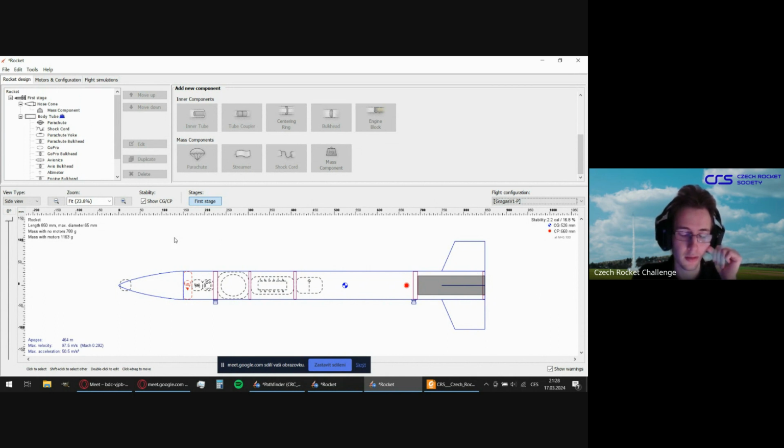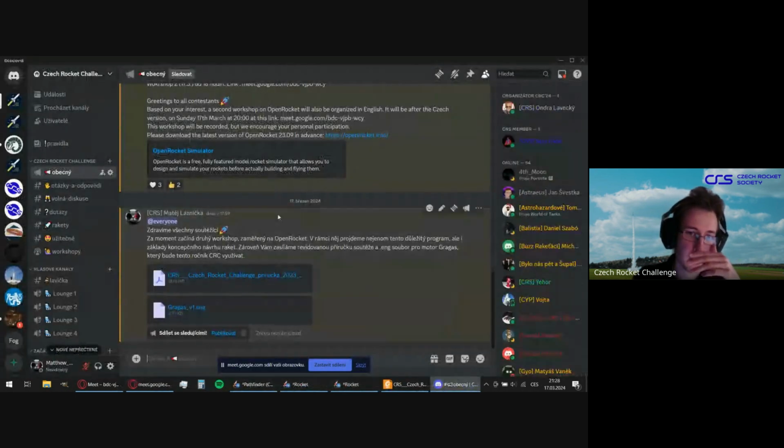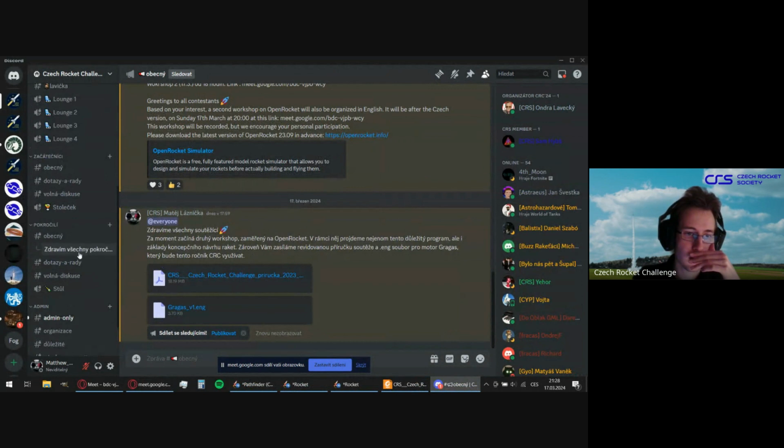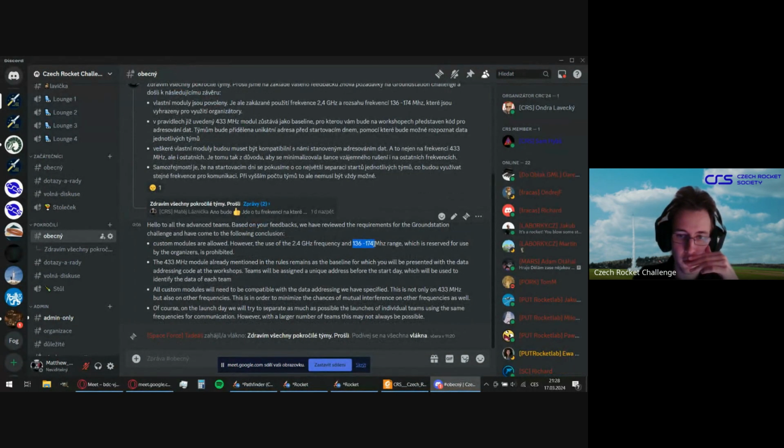and we are not at the point that we can change it for this year. So you can't use 2.4 gigahertz, and there's also a bandwidth. It's in Discord. I just don't know that one from my head, but that's the bandwidth that our radios use. So you can't use this one as well because we need to have radios for communication. So these are the frequencies that you can't use,